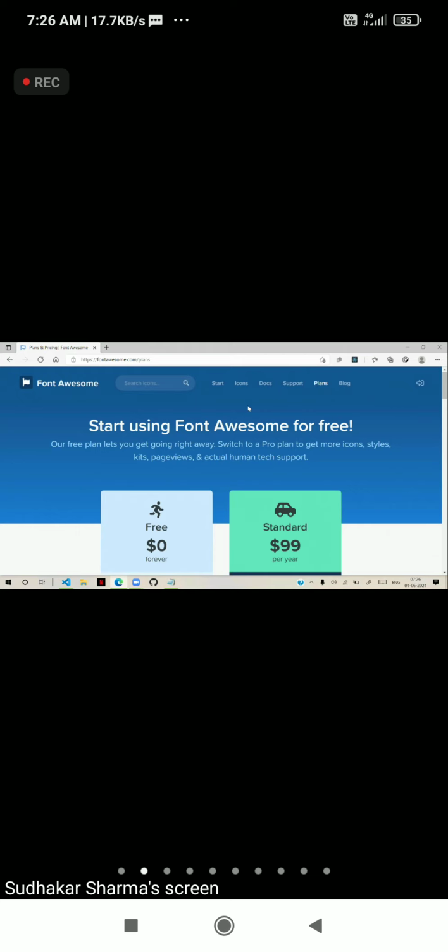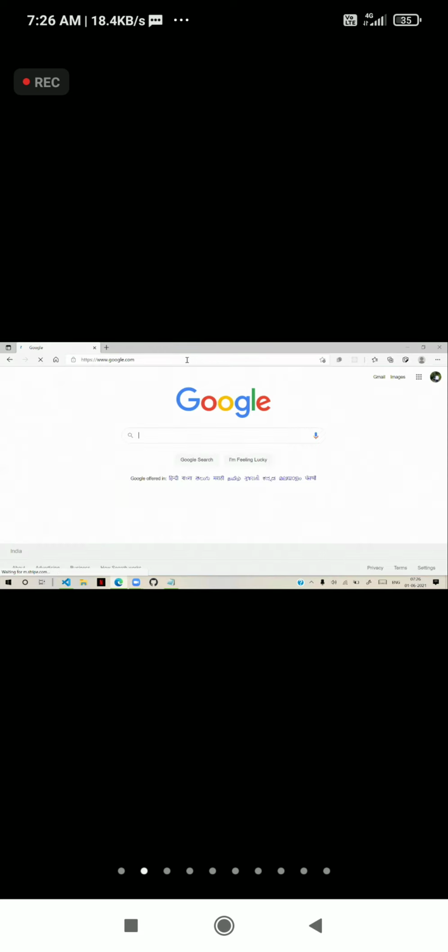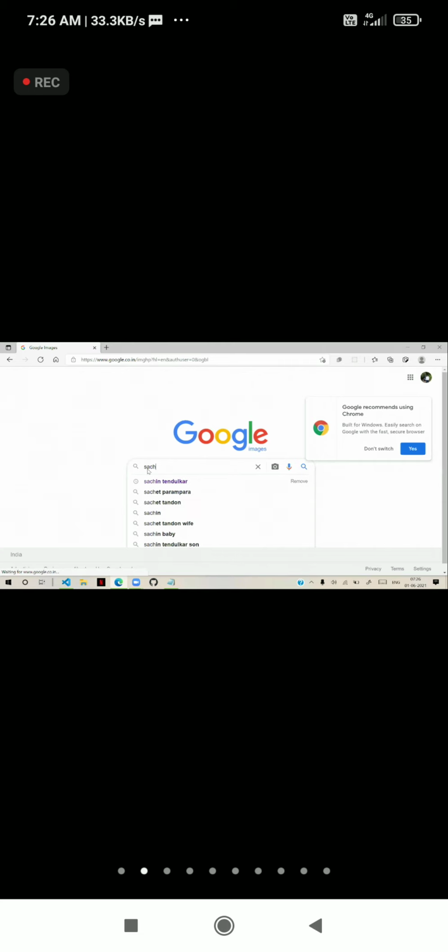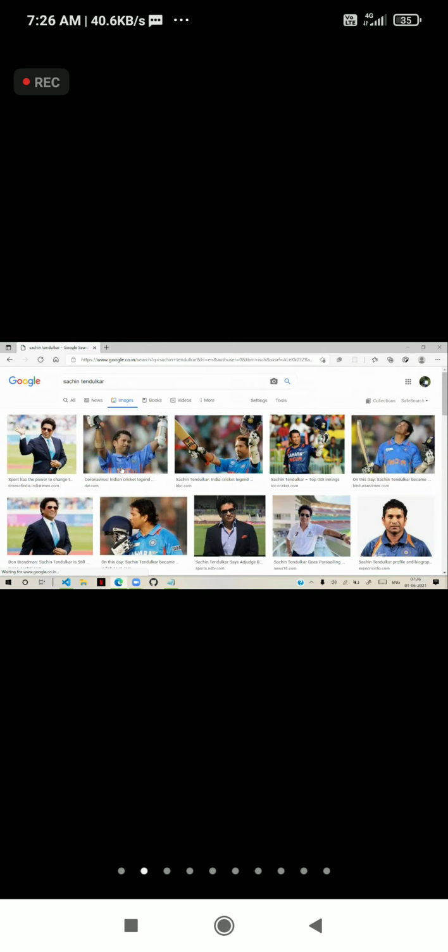Generally, when you want to use any photo, for example, you see Google. In Google, I am searching in images for some images, like Sachin Tendulkar. So many images came. But all these images, we cannot use in our websites.